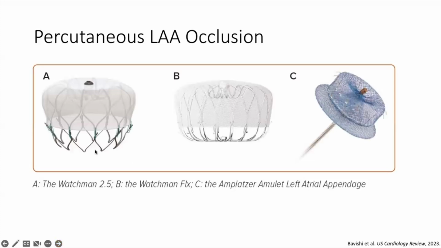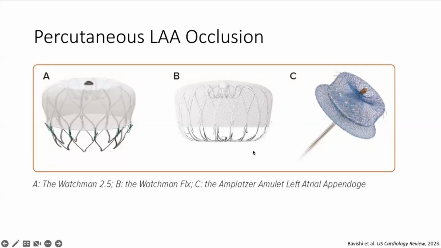So A is the legacy device, so it's no longer implanted, but we have patients who have this implanted. B is the more current Watchman device, the Watchman FLX, that's currently being implanted. In Toronto, I believe they implant this at Sunnybrook, and they're starting to implant this here at St. Mike's as well. And then C is the Amplatzer Amulet device, which is primarily the one that's implanted here